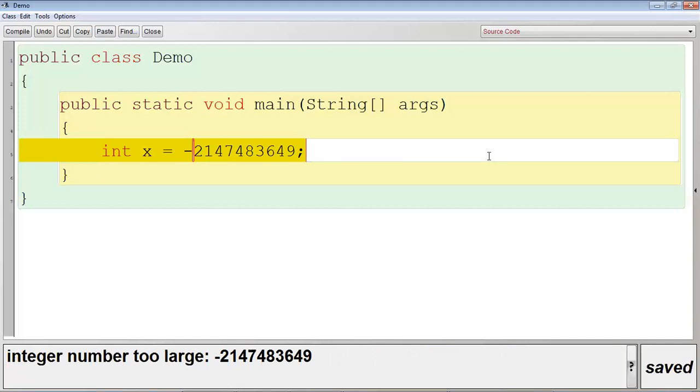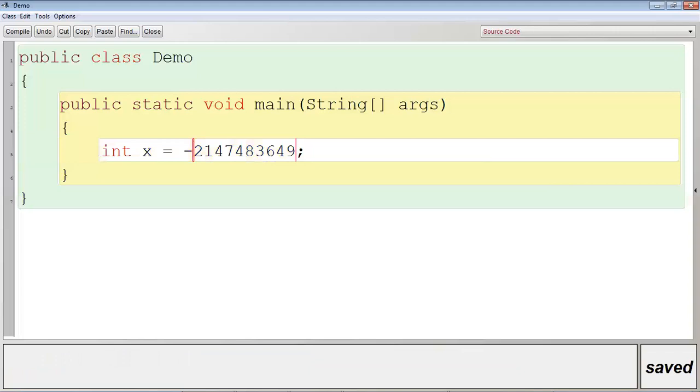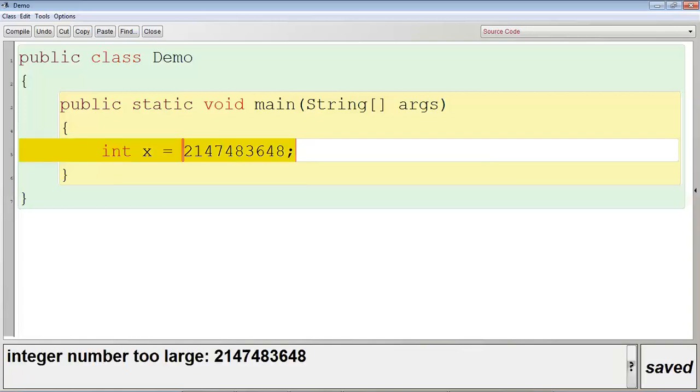Integer number too large. This is the error I will get. Now in positive, I can write 2147483647. Control K, no syntax error. But if I write 48, I will get error. Integer number too large. Clear na? Okay.